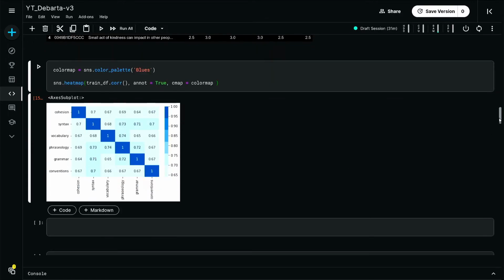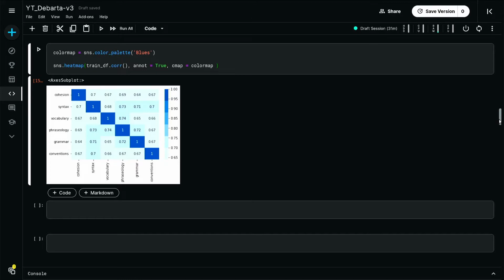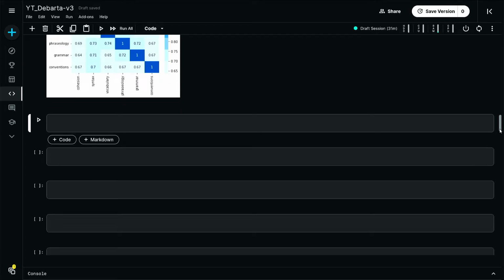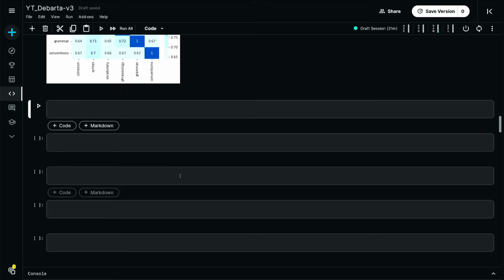Kind of many of them are on the higher side of the correlation among them. Okay. Now I am going to make use of some plotting of histogram, of the various target values, that is cohesion, syntax, vocabulary, etc.